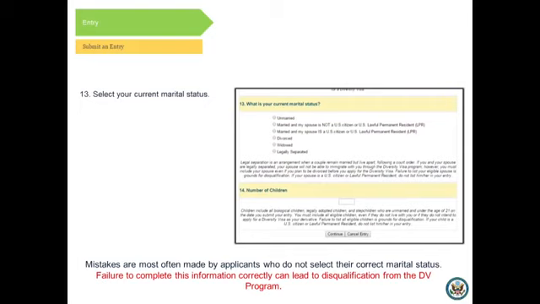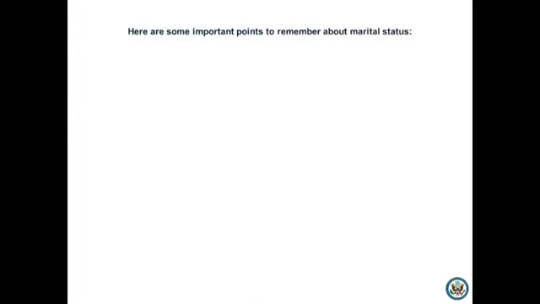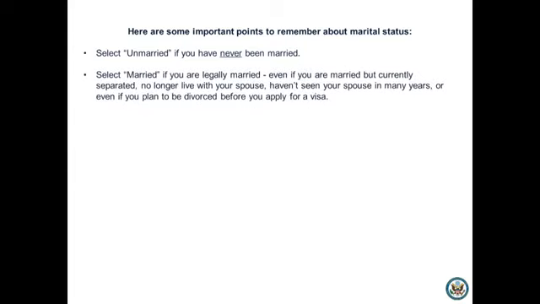13. Select your current marital status. Mistakes are often made by applicants who do not select their correct marital status. Failure to complete this information correctly can lead to disqualification from the DV program. Here are some important points to remember about marital status. Select unmarried if you have never been married. Select married if you are legally married, even if you are married but currently separated, no longer live with your